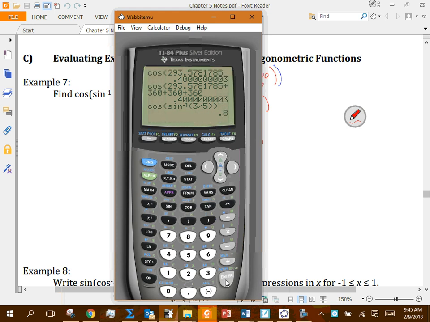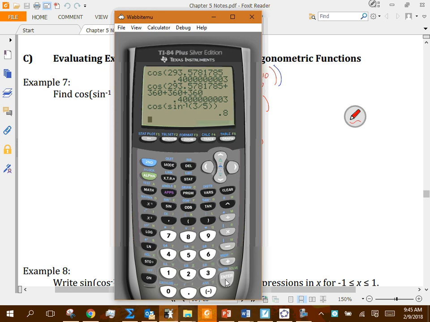Should give me 0.8 back. And it does. Now usually they're going to ask you for a fraction. So 0.8 as a fraction is 4/5. Okay? But when you're doing problems like this, that 3 and 5 are not always going to be really nice numbers